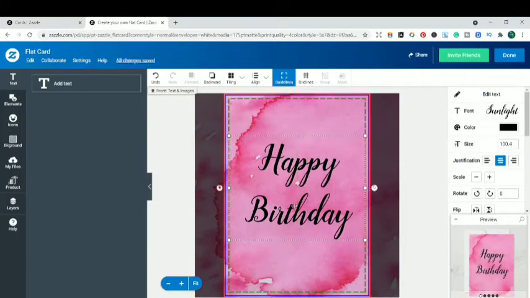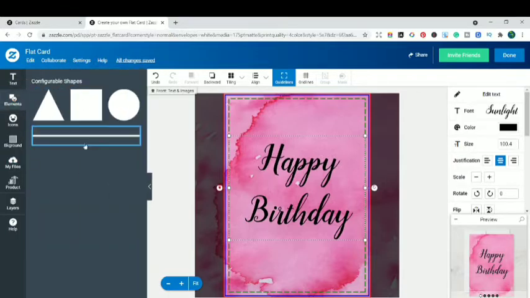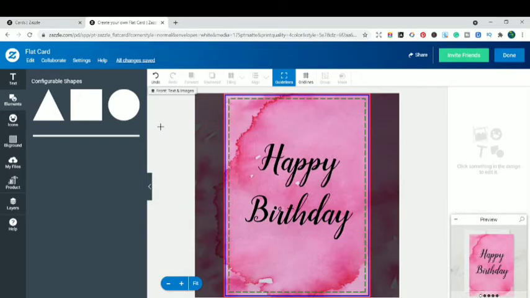Now this is a simple watercolor texture based birthday card. You can add different kinds of pop-ups and different elements from here, and you can decorate your card the way you want, with all those extra materials. But I think I'm happy with the way the card is looking, because my purpose was only to make this a watercolor kind of texture card. So that's what I did.